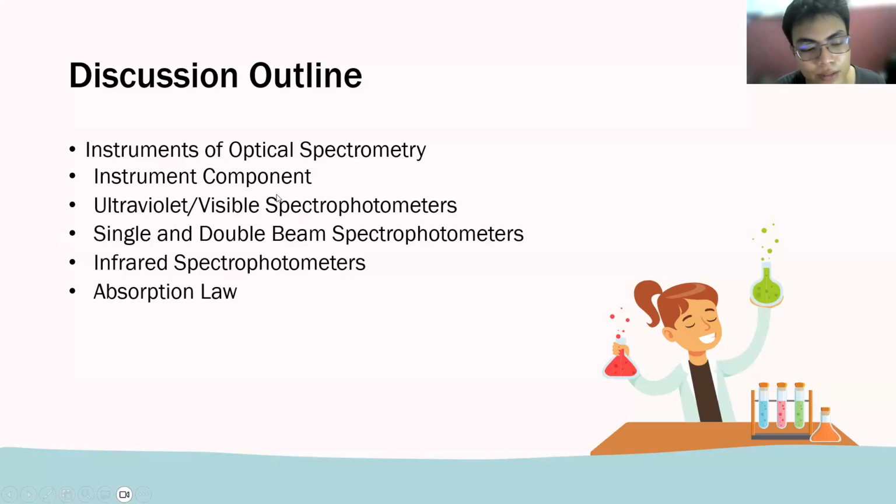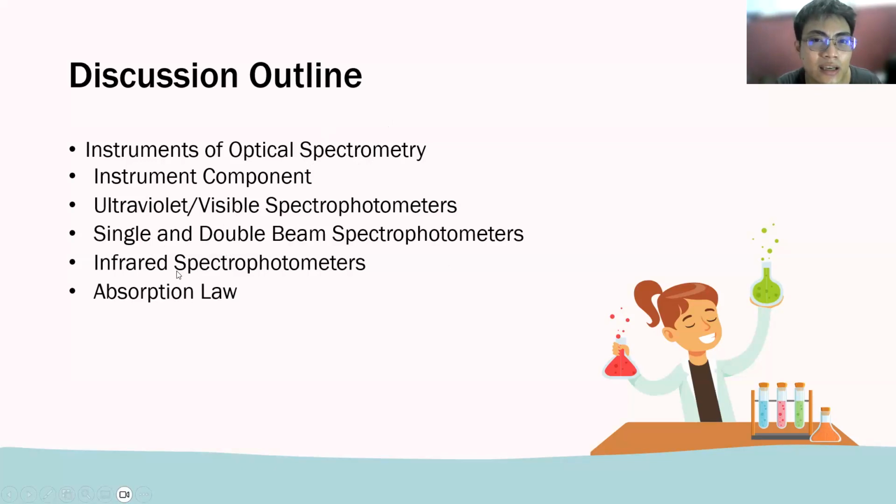Detector. So detector natin, what they do is they convert photons into electrical signal. So that is true for phototubes, photomultiplier tubes, and yung mga photodiodes. Pero kapag IR naman, thermocouple yung ginagamit doon, wherein the heat is converted into an electrical signal. Okay? What else? Ano pa ba? Yan. Pinag-usapan natin yung